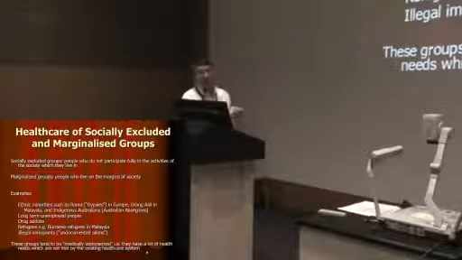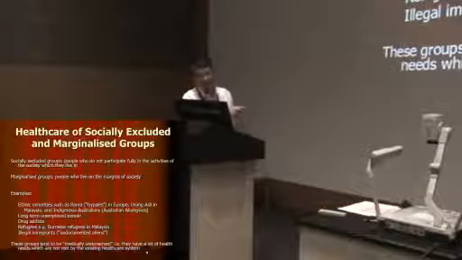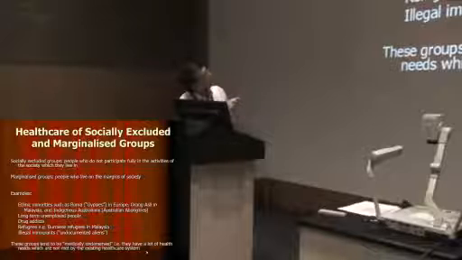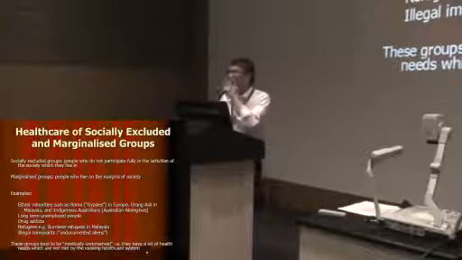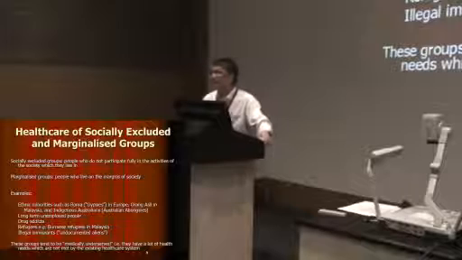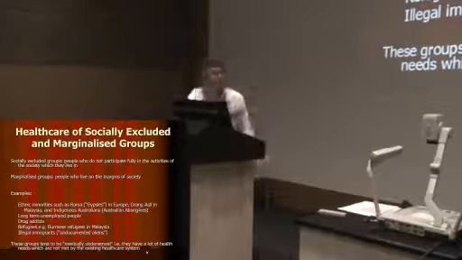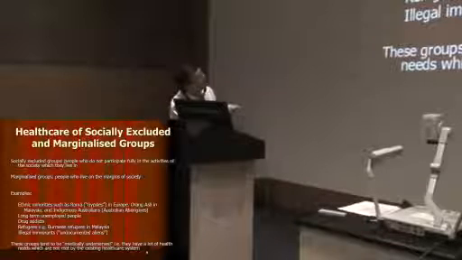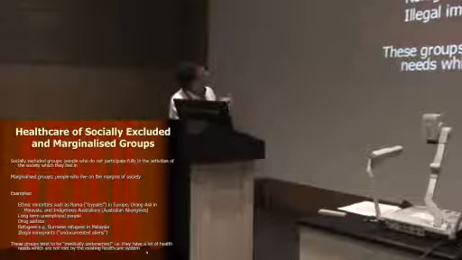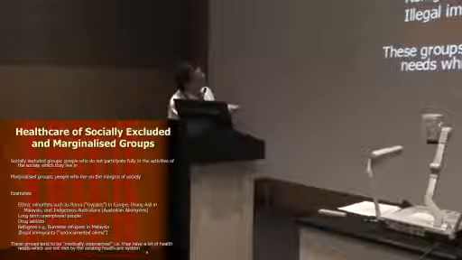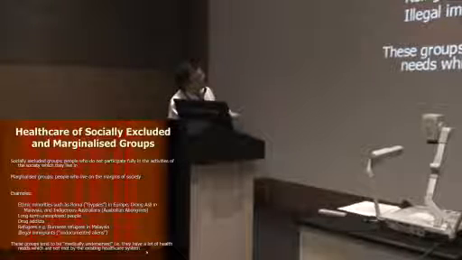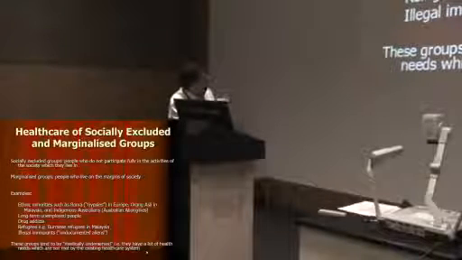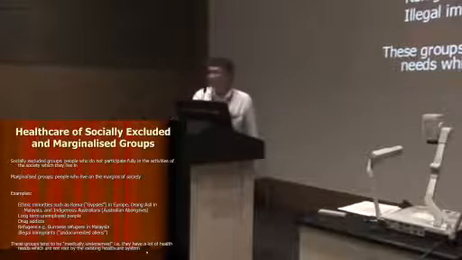All right. Healthcare for socially excluded and marginalized groups. What do you mean by socially excluded groups? People who do not participate fully in the activities of the society in which they live. Example, people who are long-term unemployed, right? People who are addicted to drugs and so on. Socially excluded groups, right? Marginalized groups, people who live on the margins of society, right? Extremely poor people and so on. Example, ethnic minorities such as the Roma, the so-called gypsies in Europe, Orang Asli in Malaysia, indigenous Australians. These are marginalized groups. I mentioned long-term unemployed, drug addicts, refugees, right?